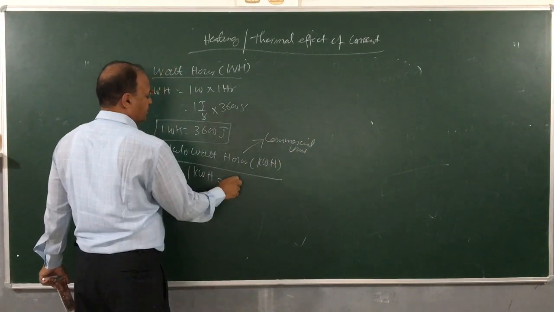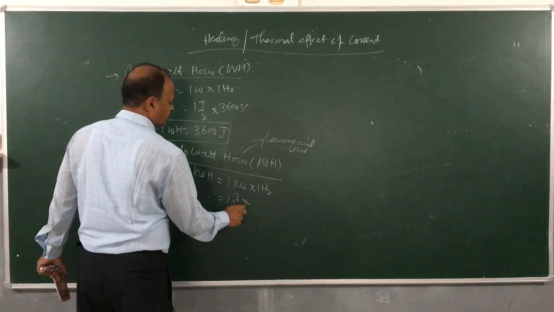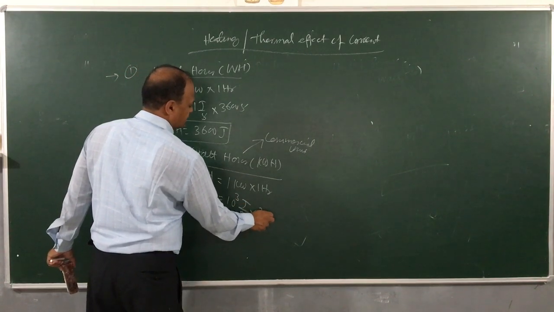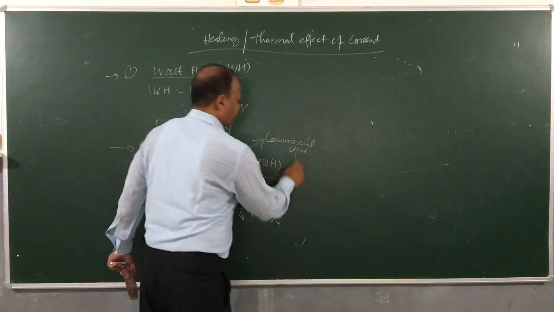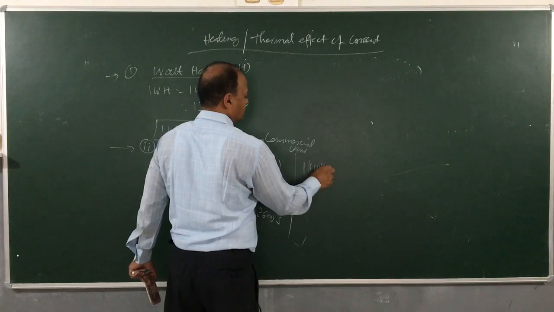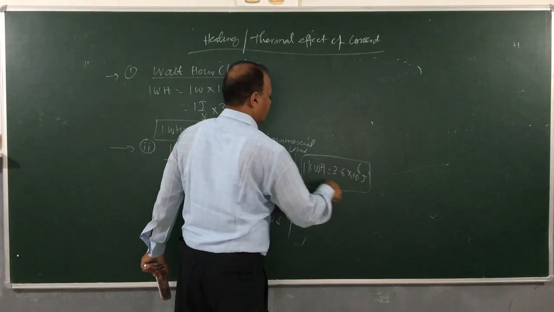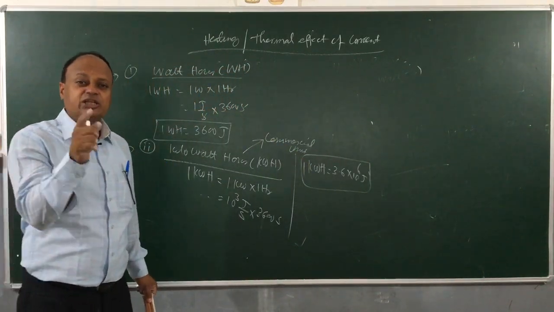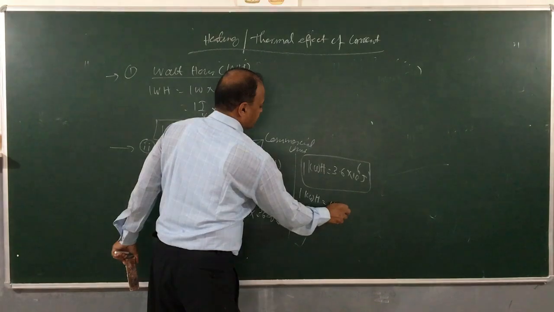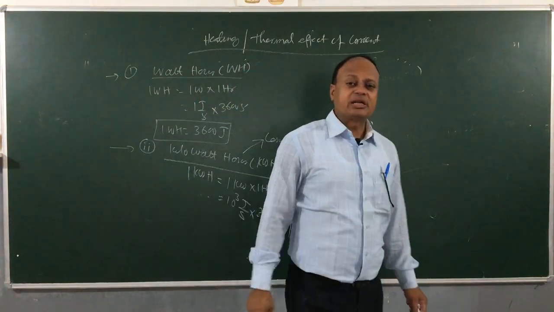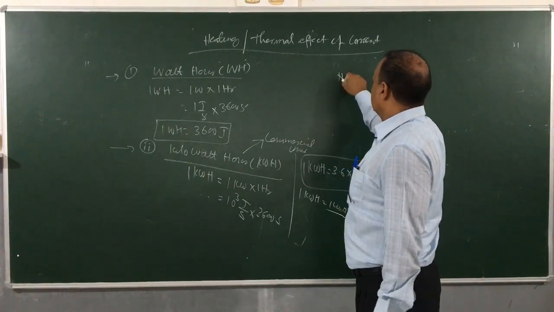1 kilowatt hour is 1 kilowatt into 1 hour. 1 kilowatt is 10 to the power 3, 1000 watt, joule per second, and this is 3600 second. Clear? So if we simplify, children, then we get 1 kilowatt hour is 3.6 into 10 to the power 6 joules, which is quite a large amount of energy. This is 1 kilowatt hour, and like I said, it is just 1 unit of electricity. But sometimes you will get sums for calculating number of electrical units consumed. Then you can use this formula directly. Number of